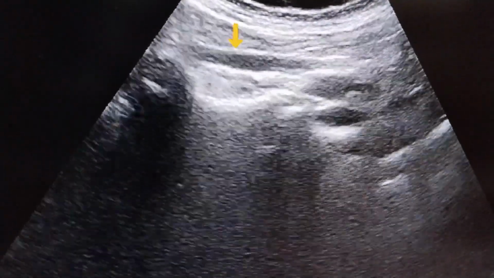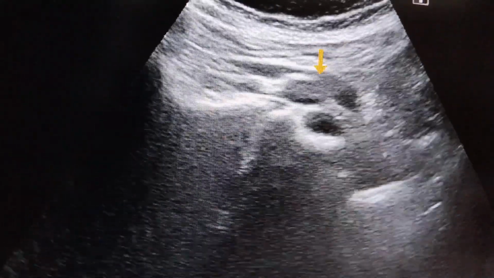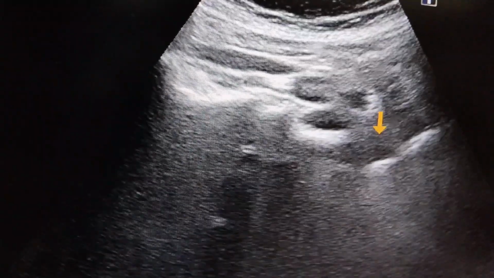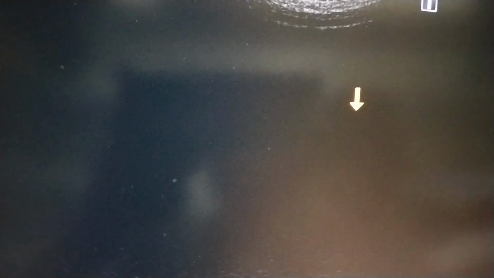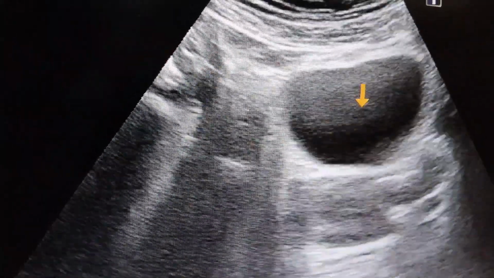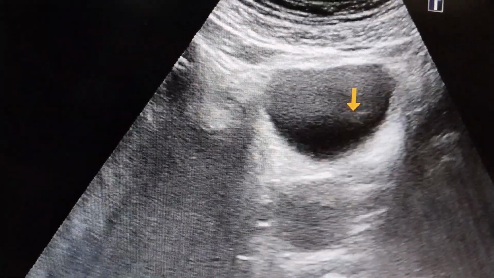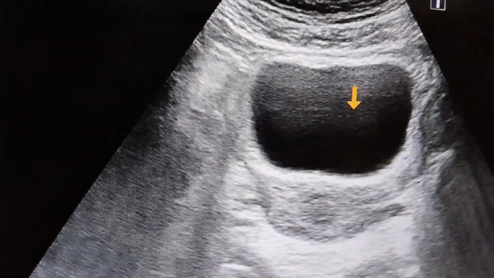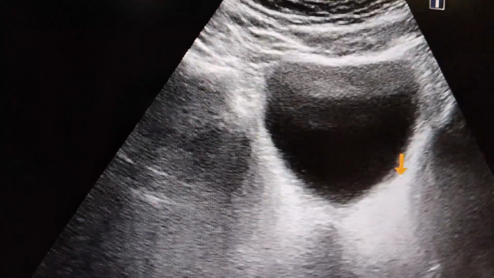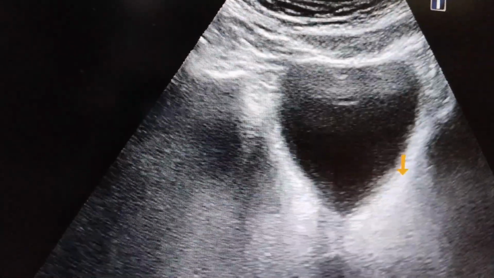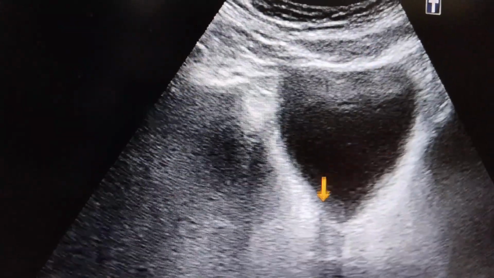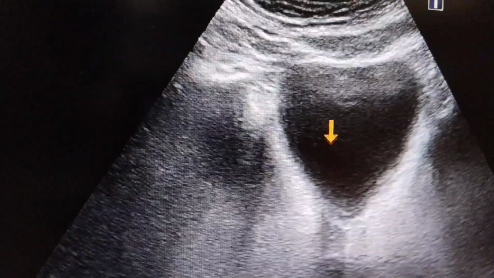This is the left dilated ureter crossing the iliac vessel, and it is also going toward the pelvic region. So I am directly going to the pelvis. This is the urinary bladder. Look at the urinary bladder. It is almost pear-shaped,